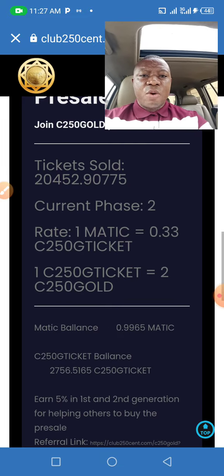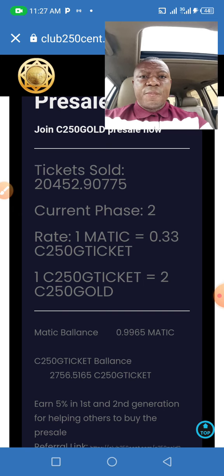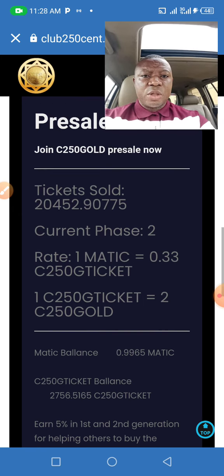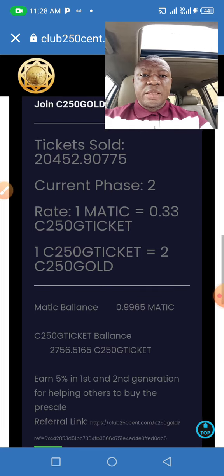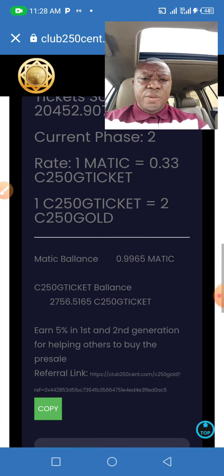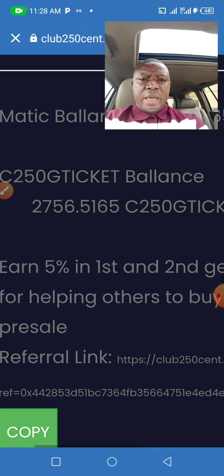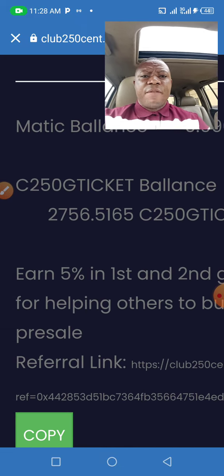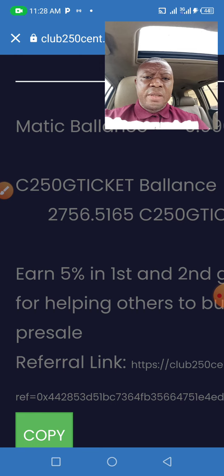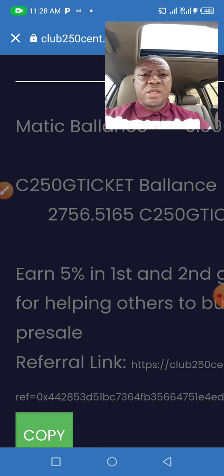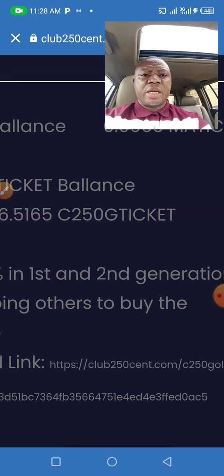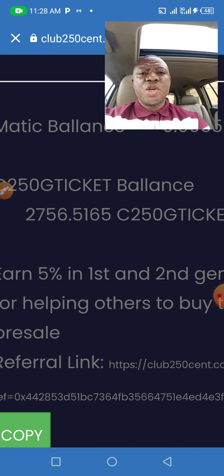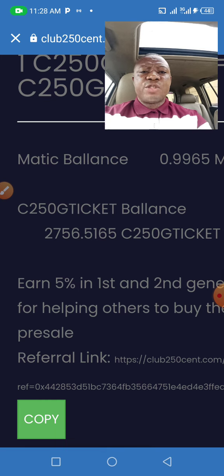Okay, this is the back office of my C250 Gold or Club 250 Cent ticket panel. I have actually done some transactions. I'm zooming out. Okay, I have actually bought around 2,756 tickets.